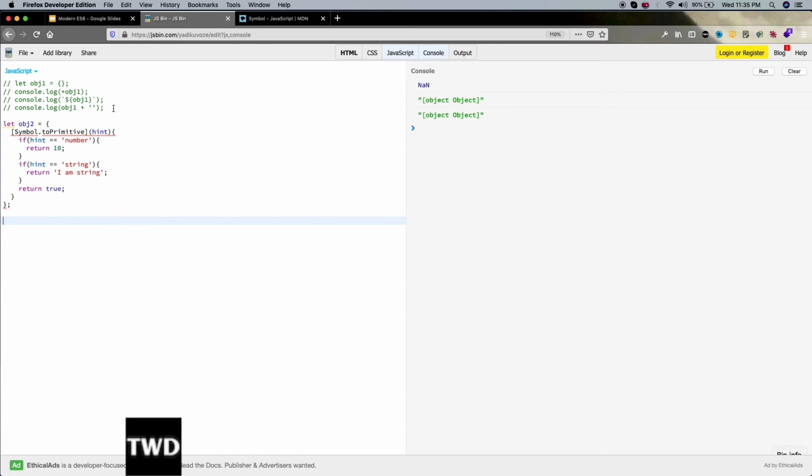Actually we can copy this because I'm going to show these things only. So this is not obj1, now this is obj2. We run it. See, 10 is coming, then "I am string", and then true.